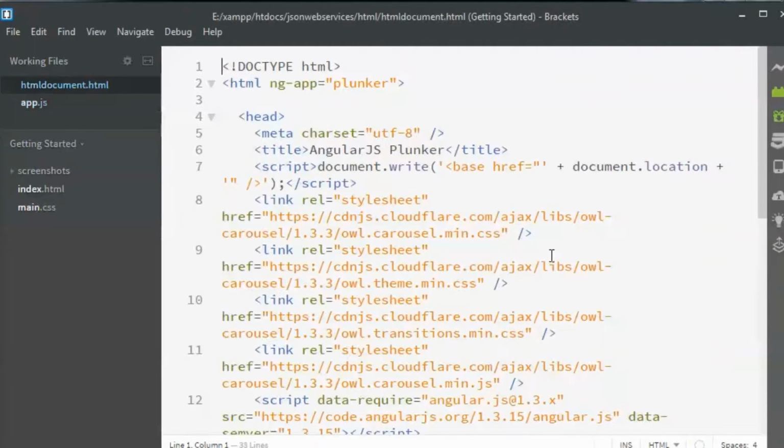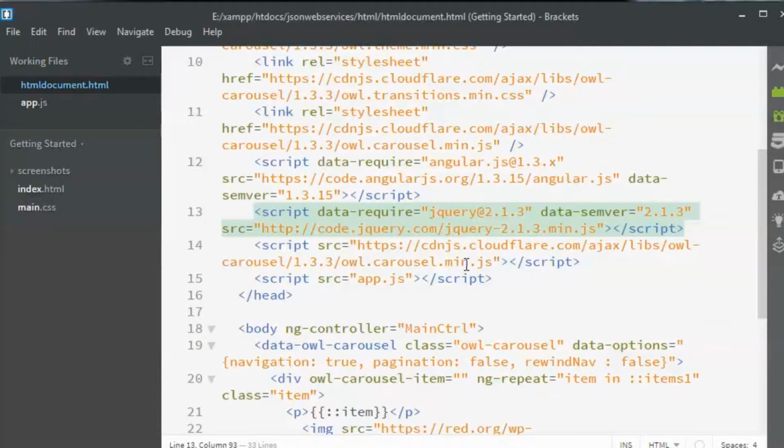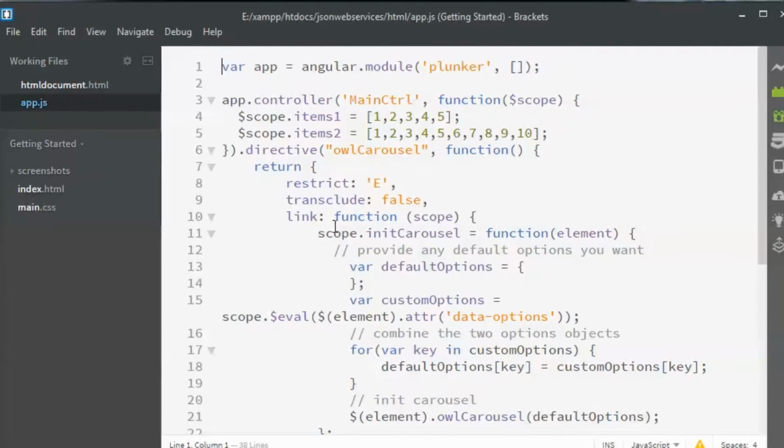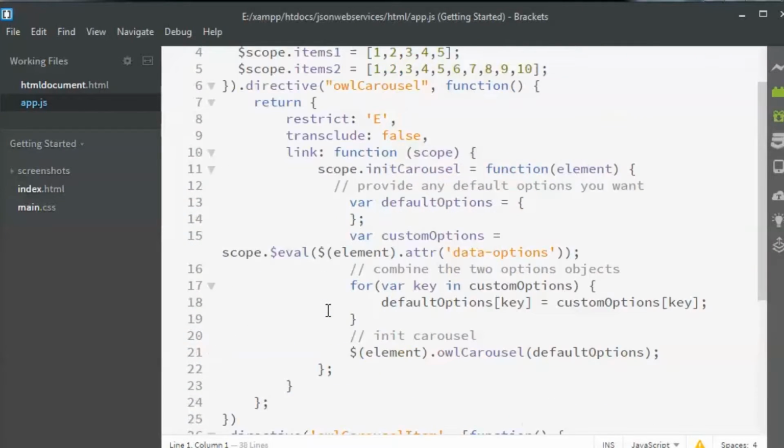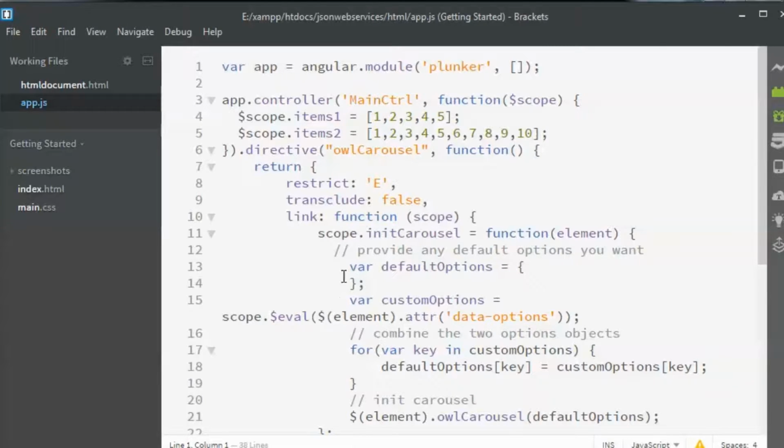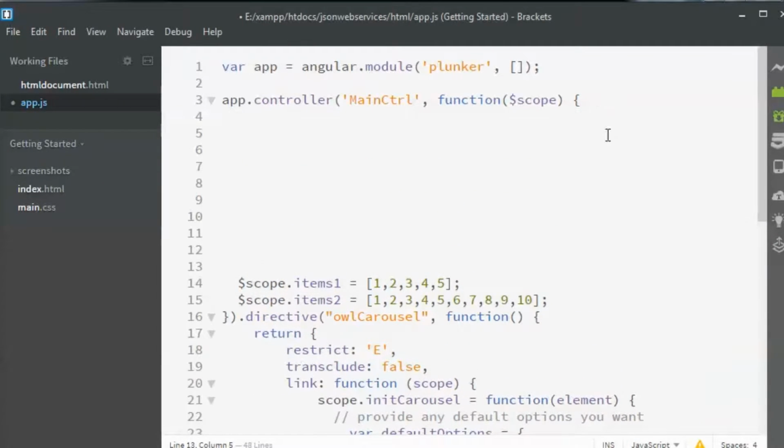Here you see I've included the jQuery CDN, so that's how I will be enabled to use jQuery functions. In my app.js, I'm going to write a post function. Where am I going to write the post function? I'm going to write it in the controller. So let us check exactly what can be done. Here we see this is the controller part, so I'm going to write my code here.